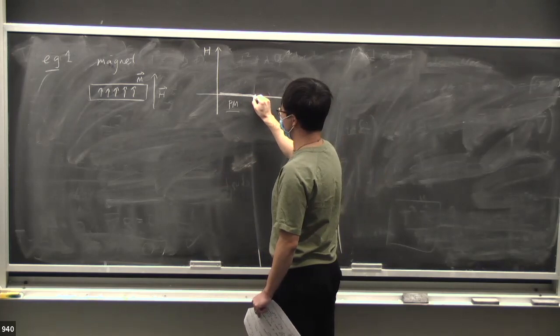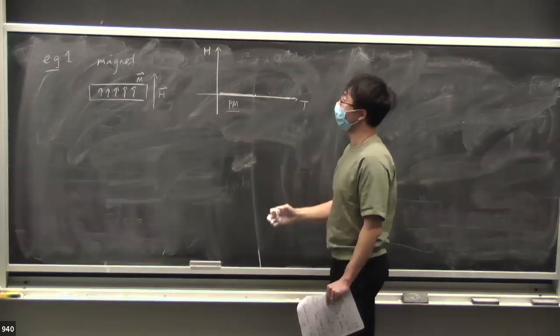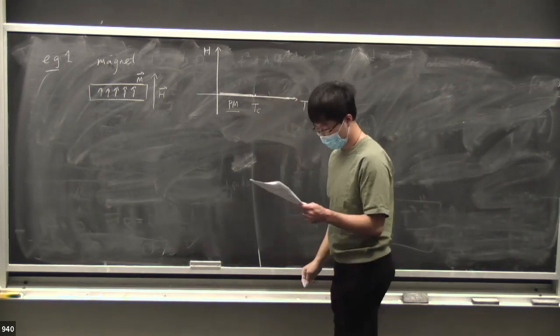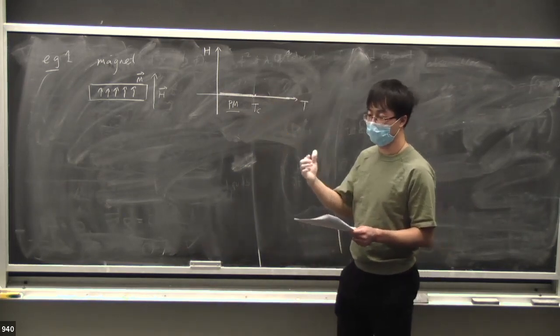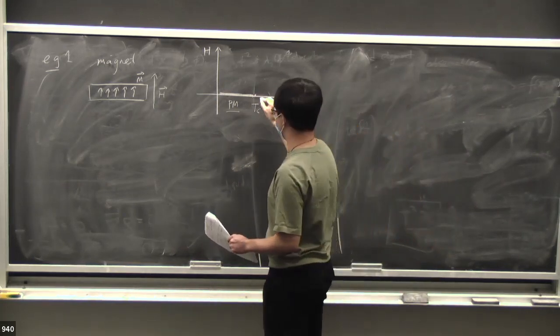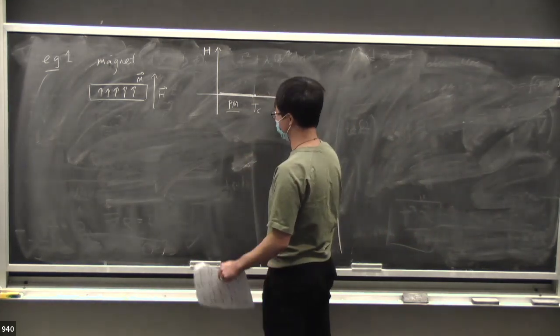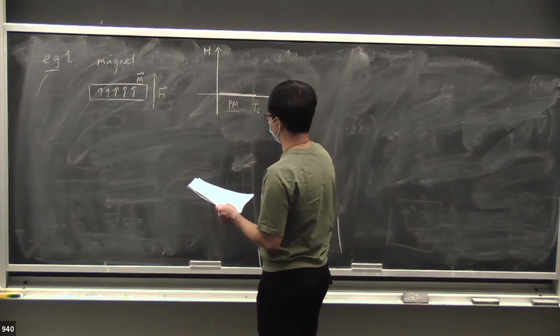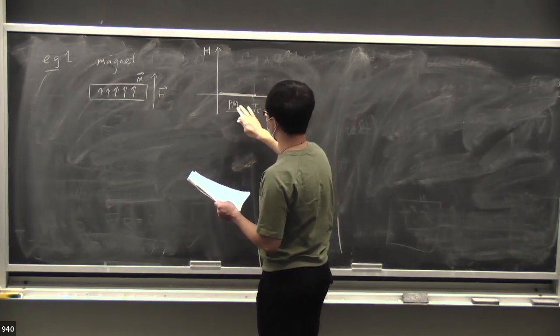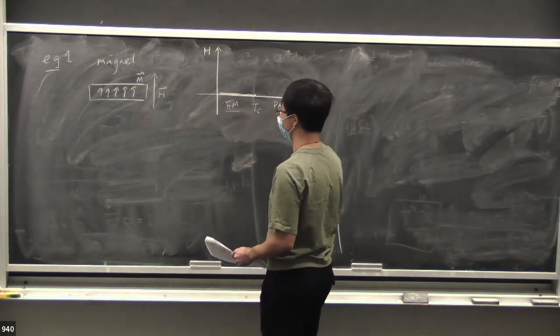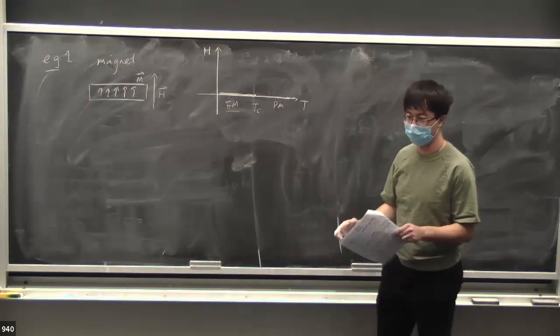But as it turns out, if you heat up the magnet, still at zero magnetic field, at a certain critical temperature the magnet will go into a different phase, the paramagnetic phase, where the spins stop being aligned and it's chaotic,